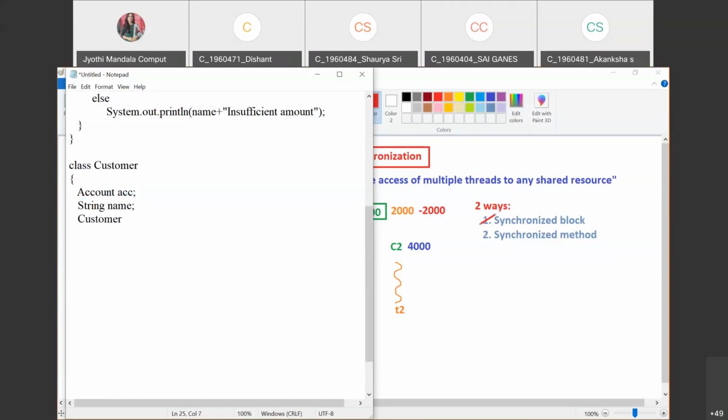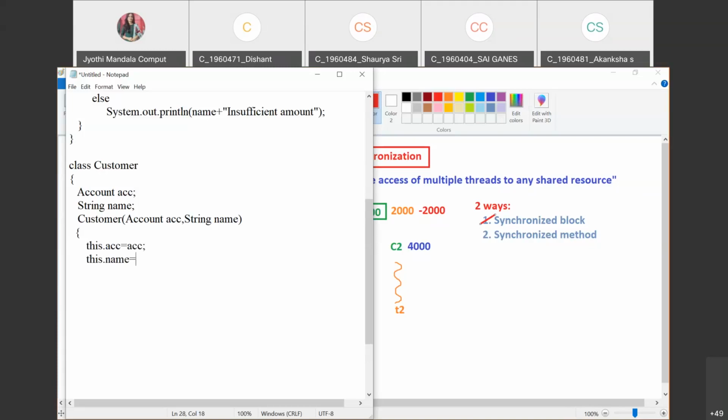And how are we going to do this? What is the first one? First one is account. That is the first thing we need to assign. And the next one is we need to assign this one also. So that if both the names are the same, we need to do that by using this operator. So this.acc = acc. I'm using the same variable name so that there will not be any confusion. this.name = name.